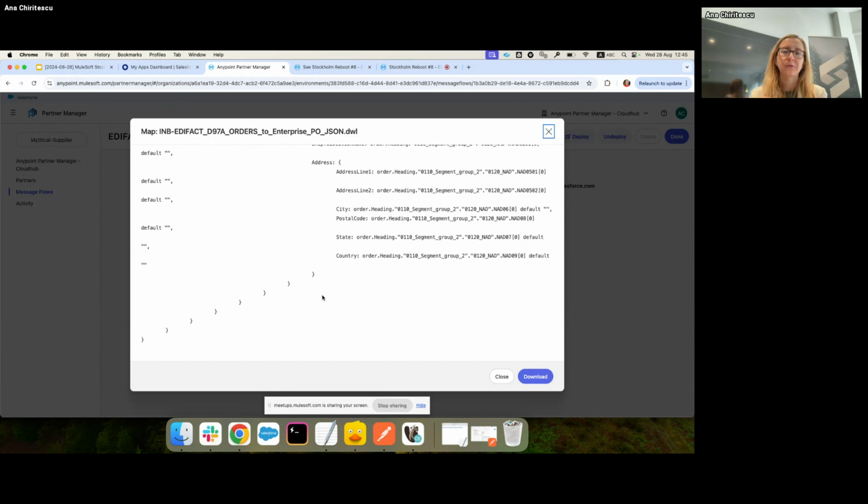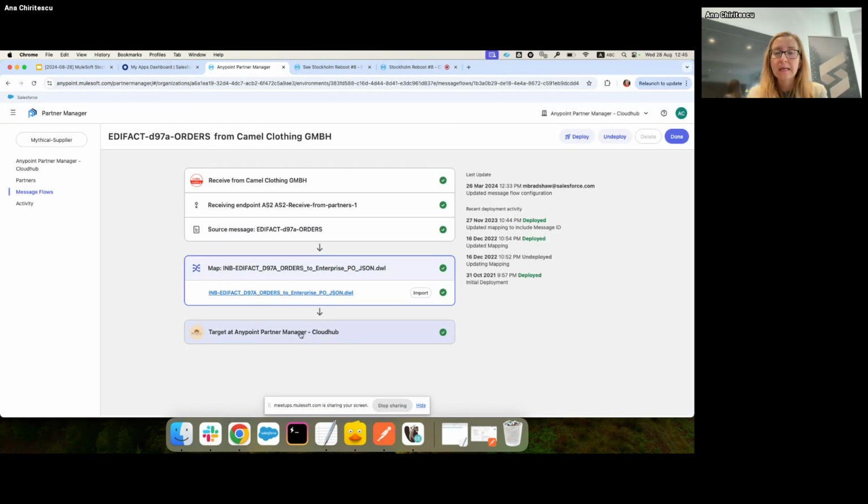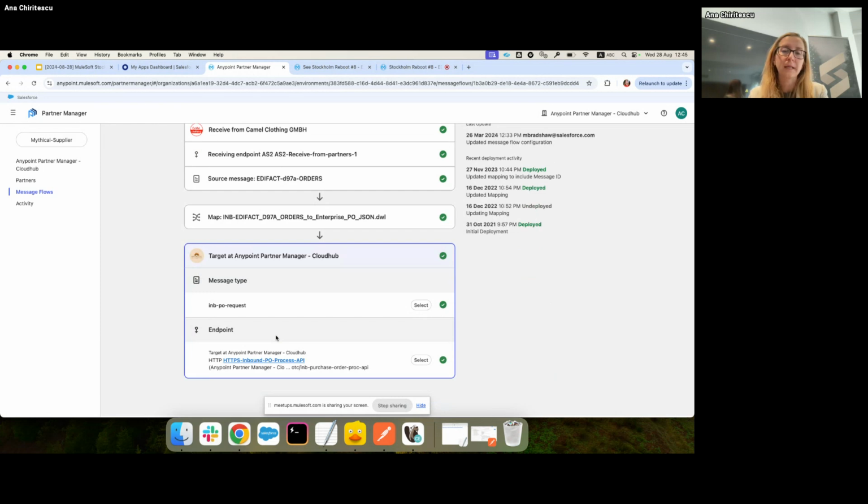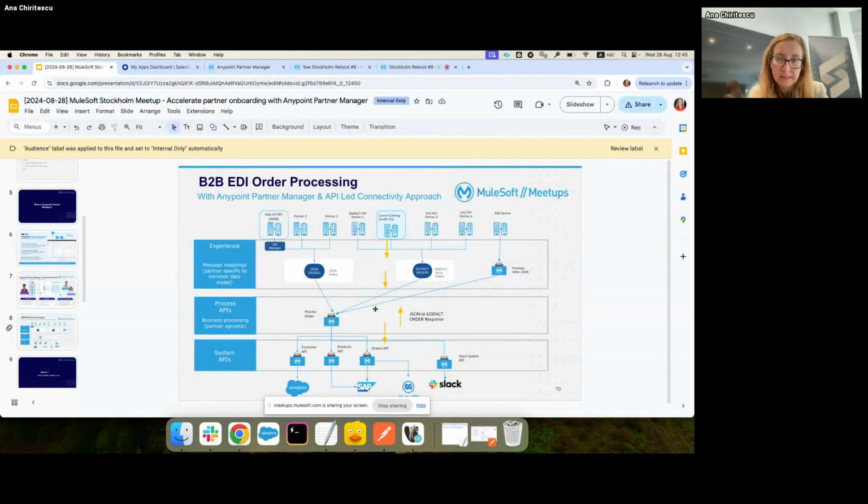We see this with customers as well. Some of them might start by using just the connectors, and then as they add more and more partners, they might enhance that with Partner Manager. And lastly, you have source, transformation, and target. Target is where my order invoice should be sent. And in our case here, this is your process API, which is again built with MuleSoft. So it's in here,